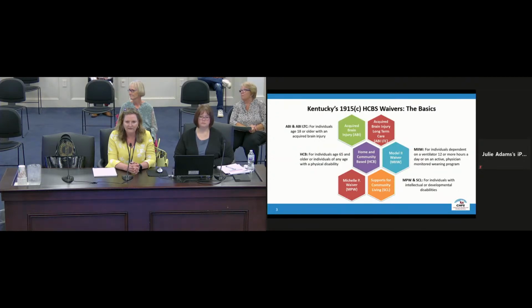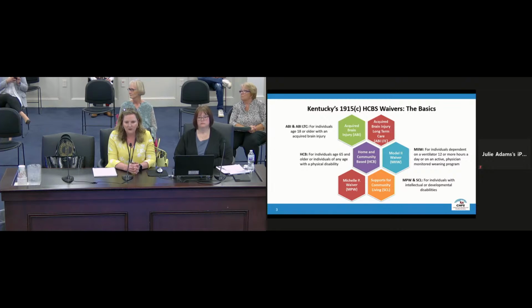So we have 6 home and community-based waivers in the Department for Medicaid Services. We have our acquired brain injury and our acquired brain injury long-term care. This is a waiver for individuals who are 18 and older with an acquired brain injury. We also have our home and community-based waiver. It's for individuals who are 65 and older, or individuals of any age with a physical